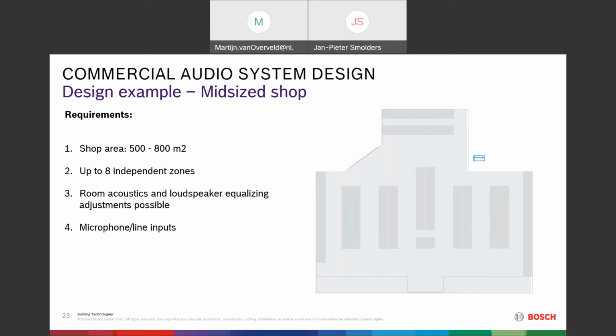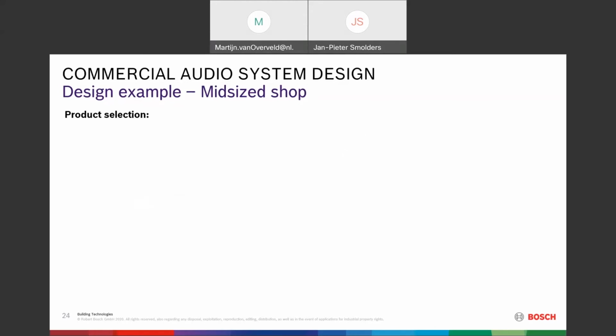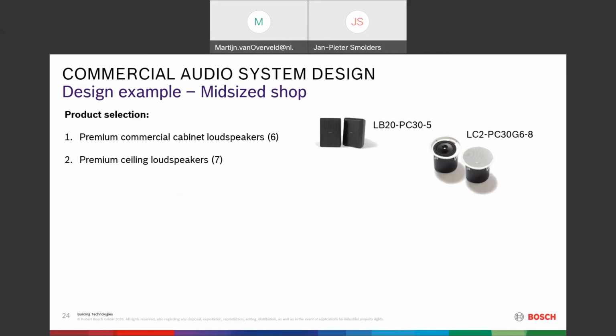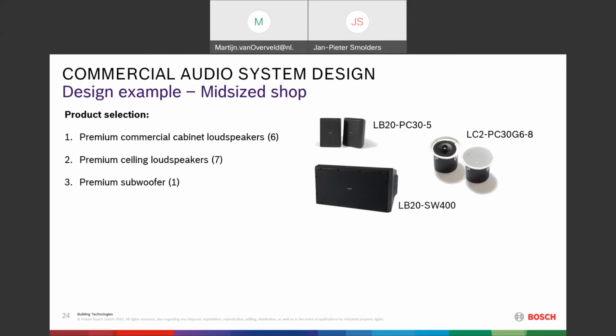We need microphone, line inputs, a music source, a call station, and an emergency input. Now, what do we select for this shop? We take the cabinet loudspeakers, the LB20s, 6 of them. We take the premium loudspeakers, the LC2s, a subwoofer,